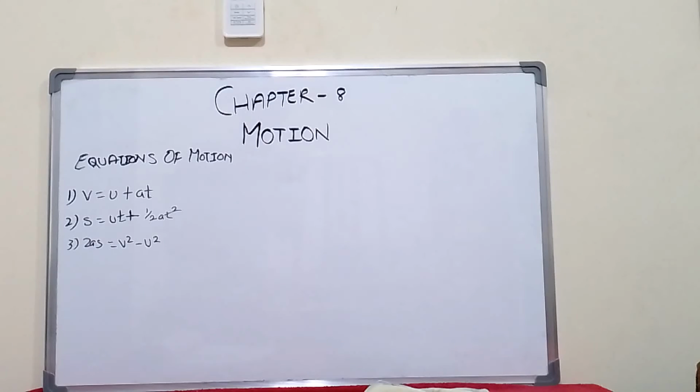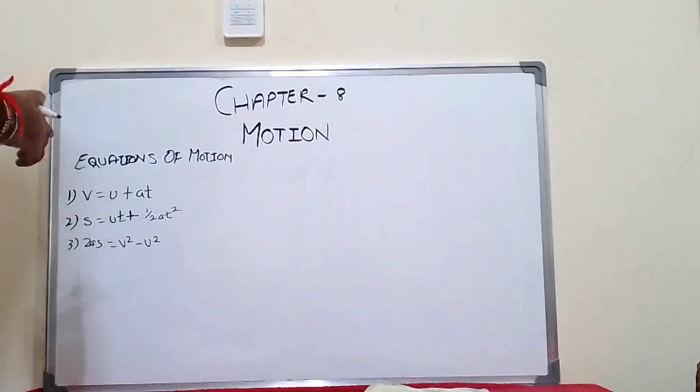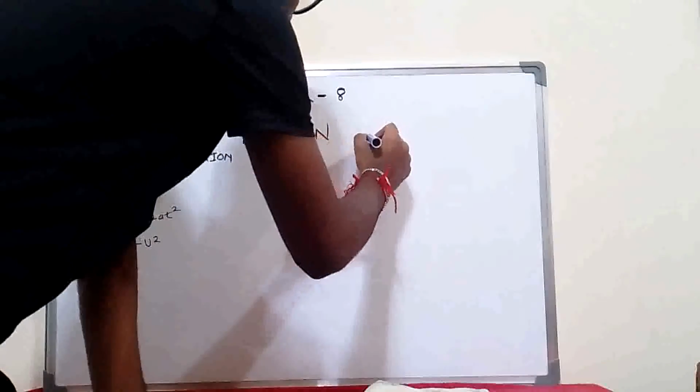Here v means final velocity, u means initial velocity, a means acceleration, and t means time, which means that the final velocity is equal to initial velocity plus acceleration into time. Now, an alternative for this is acceleration equals to